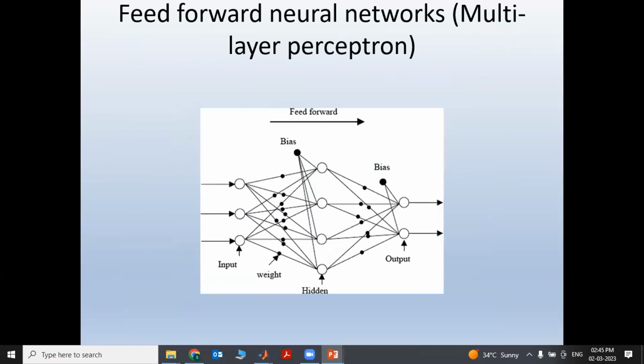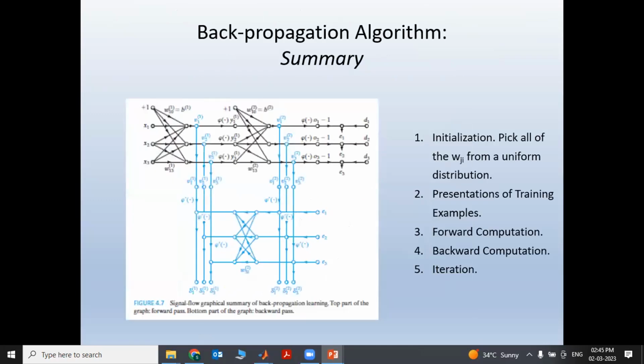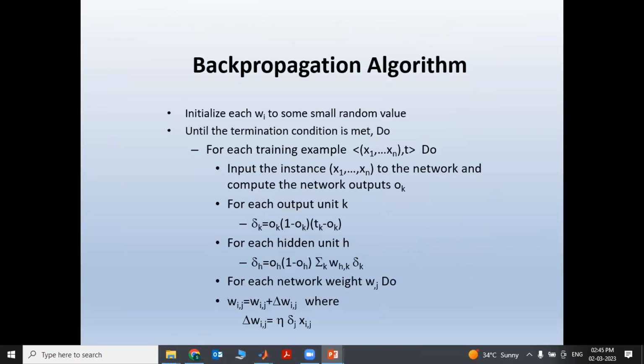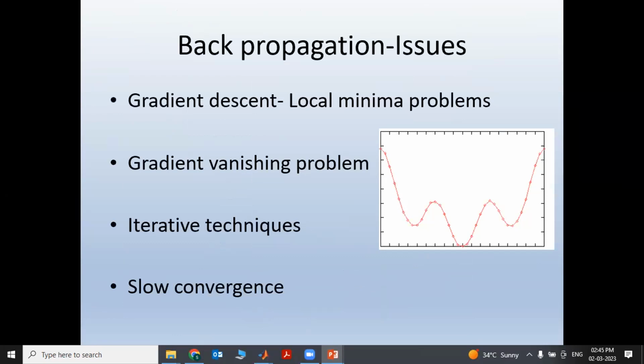If more hidden neurons are added, then it is called a feed forward neural network. Back propagation is one of the algorithms to train the network, and everything about it is already available. So I just want to give you a small hint.